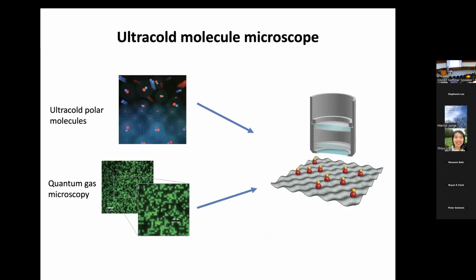Okay, so in our recent work, we've combined aspects of both of these approaches in the sense that we now have these ultra-cold gases, which we can probe with microscopes at the single site level. So what I'm going to show you is basically pictures where we can tell in the lattice where each molecule is and what its internal state is. And so we can do microscopy on these many-body systems of molecules.